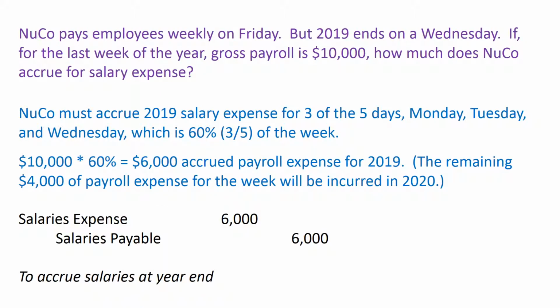Nuco pays employees weekly on Friday, but 2019 ends on a Wednesday. If for the last week of the year, gross payroll is $10,000, how much does Nuco accrue for salary expense? Nuco must accrue 2019 salary expense for 3 of the 5 days, Monday, Tuesday, and Wednesday, which is 60% or 3/5 of the week. To compute accrued payroll expense, that is payroll expense incurred but not paid for the last week of 2019,